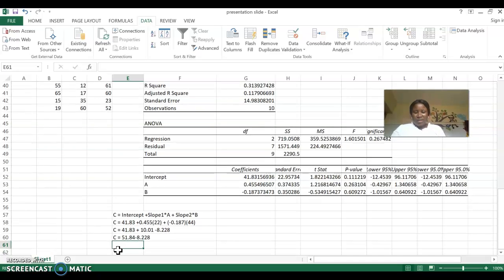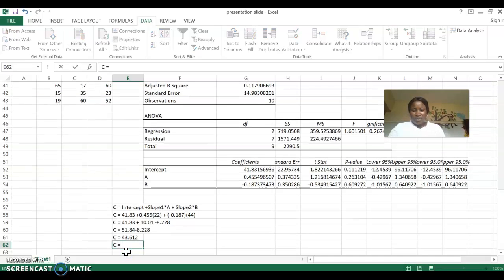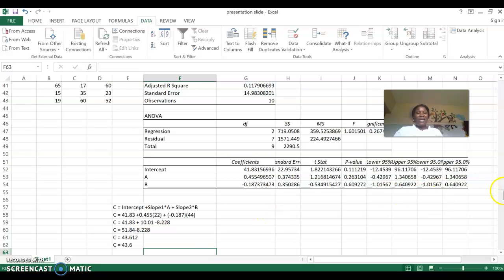So the value of C will give me 43.612. Approximately, it can be written as C equals 43.6. So C is equal to 43.6. So based on